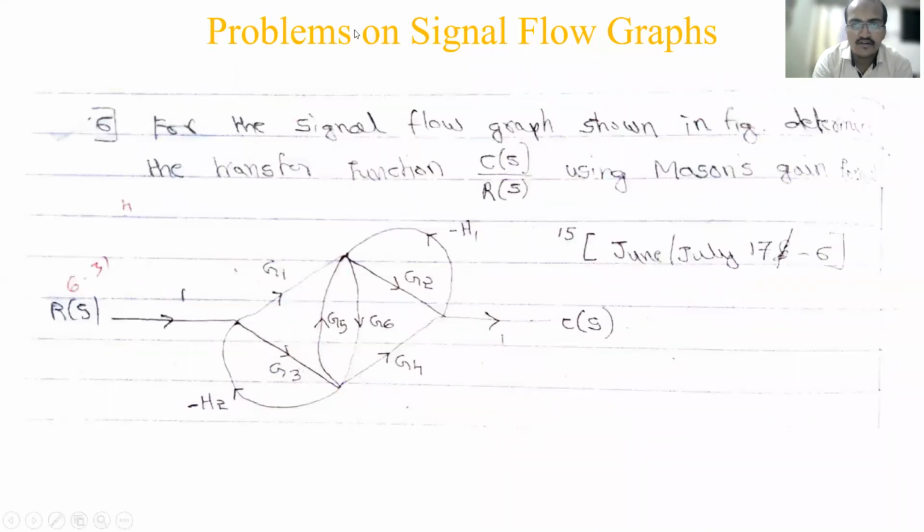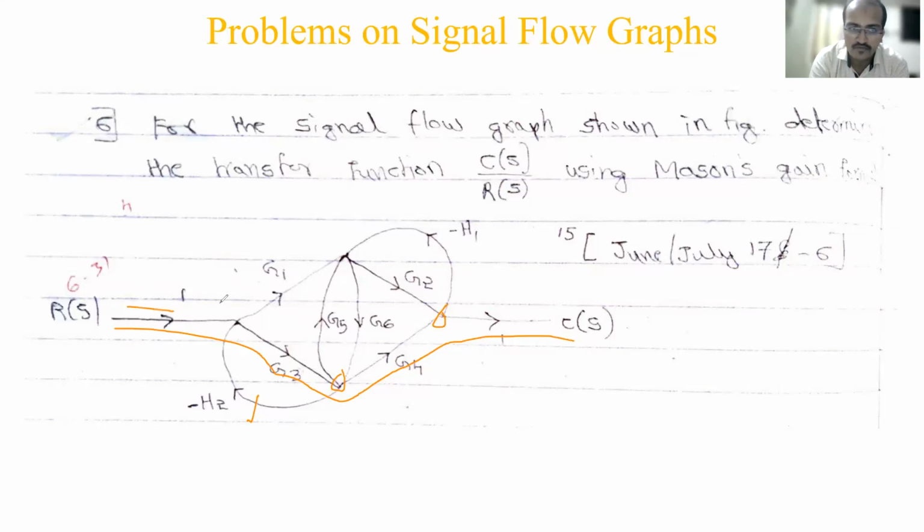Compared to the previous problem, here you will not see any non-touching loop. If you consider the first path, in a hurry you will say L2, L1 are not touching. But if you take this forward path, this loop is also touching at both these nodes, and this loop is also touching at this node. Even L3 is touching at this node. Even L4 is touching and L5 is touching. So no loops are independent here. So this is about P1.